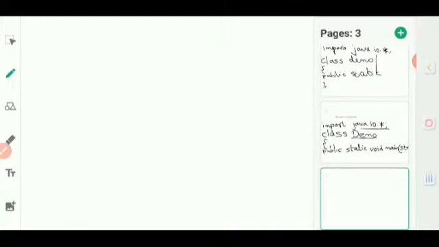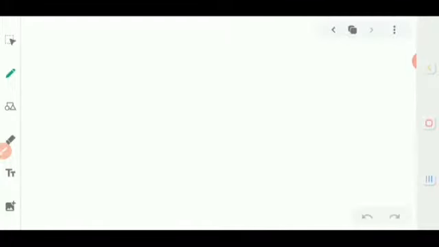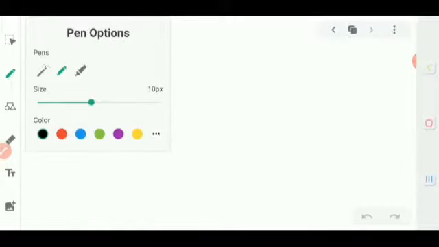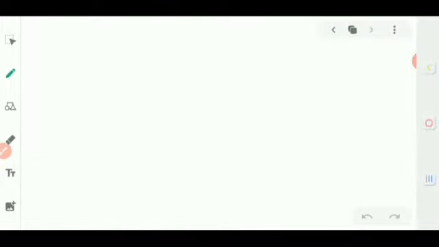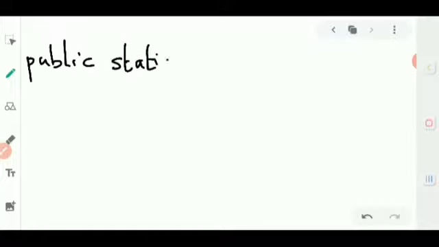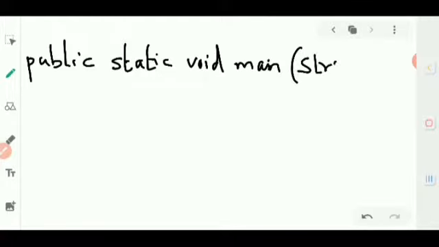So here, you give public static void main, open a bracket, String, where S should be a capital letter, String of args, then open a square bracket and close the square bracket.